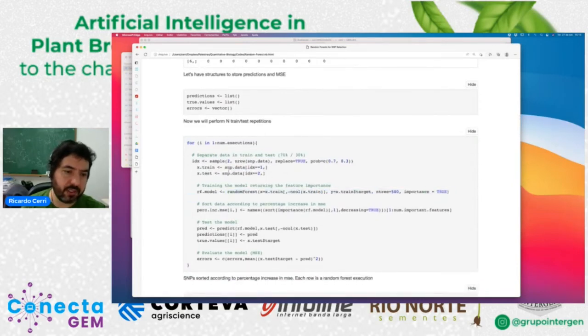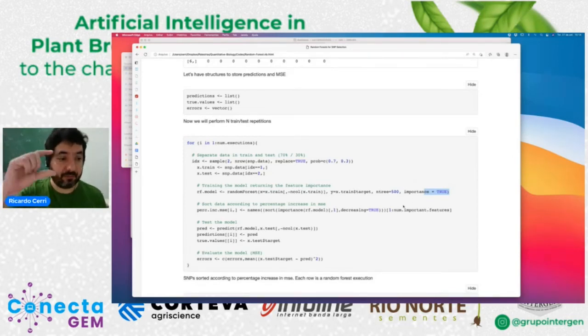I separate my training data here into training and testing. And then I execute a random forest with 50 trees, calculating the importance of each feature. The importance is calculated based on the mean decrease in accuracy, using the mean square error. Again, I have a tree in my data set. I calculate the mean square error of this tree in the out-of-bag sample, and then I shuffle the values for one feature and calculate the mean square error again. If the mean square error increases a lot for the shuffled data set, that's an indicative that